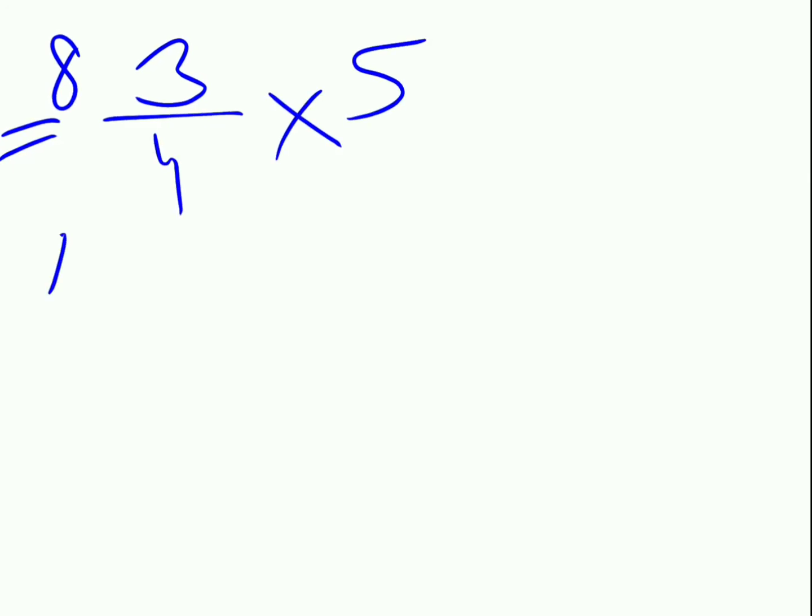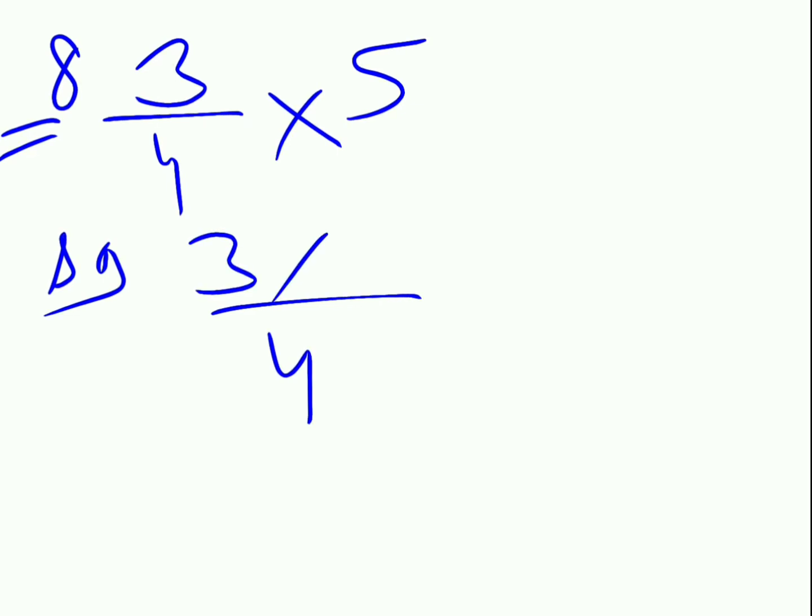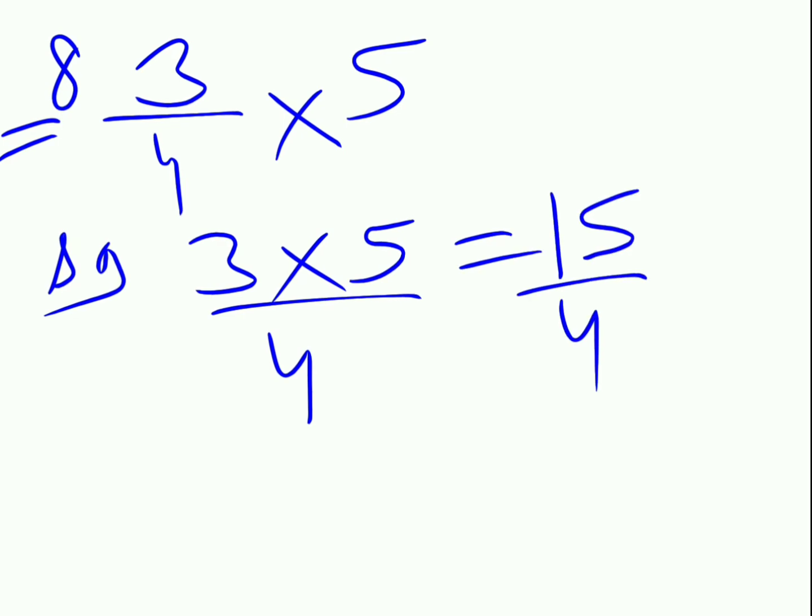Now we do the eighth part, that is 3 upon 4 into 5. Here we will not do cutting, because when you multiply the numerator with the whole number, the answer comes 15 upon 4, and 15 and 4 do not come in one table. So this is your answer only. Clear? Now we have done the 8th part.